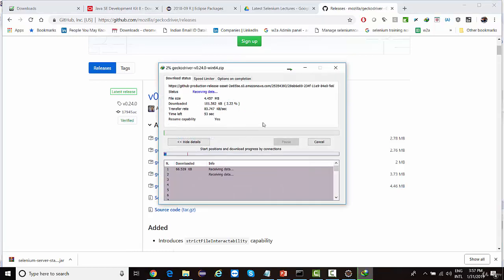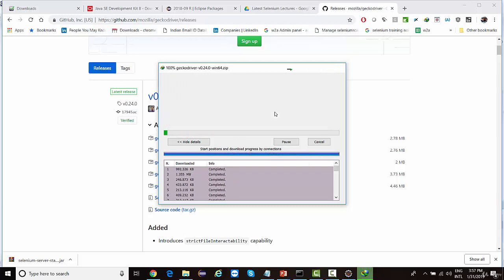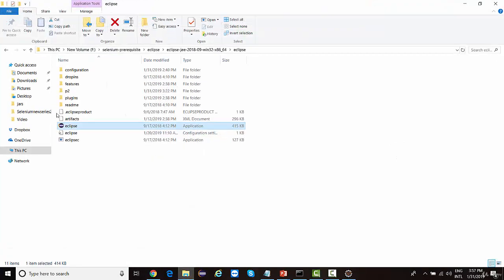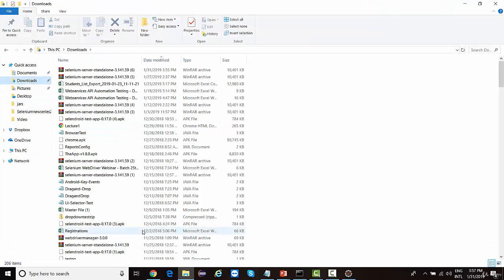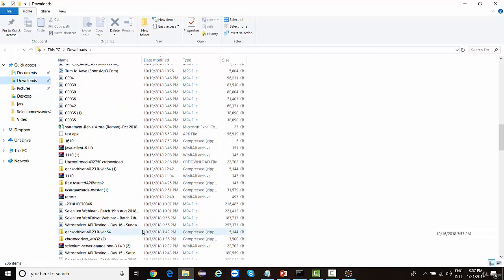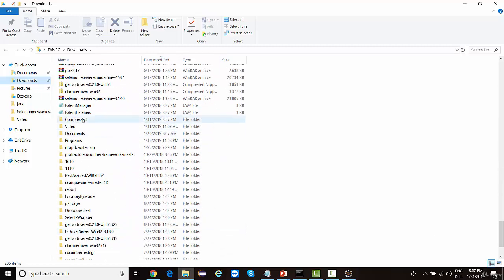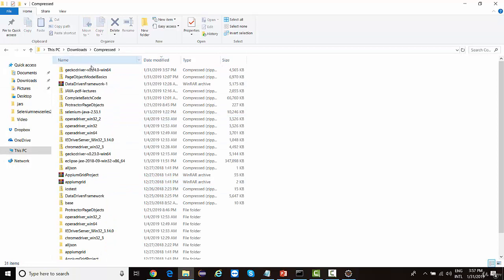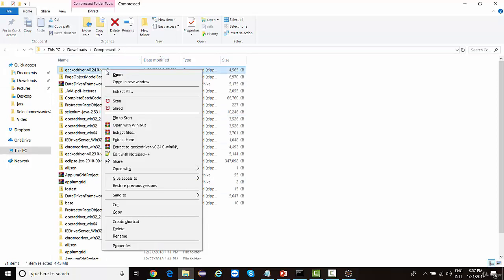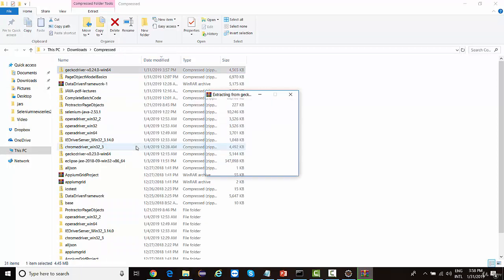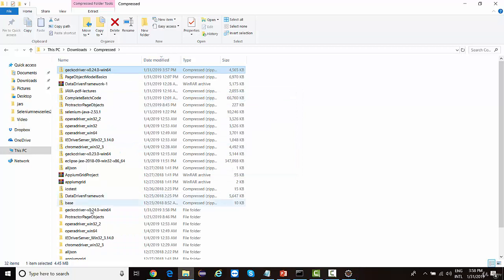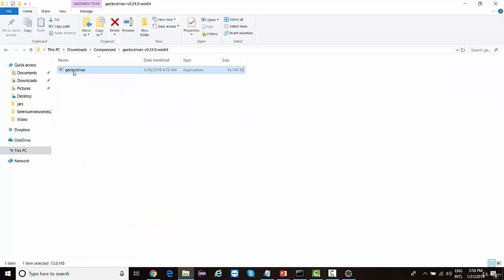it's downloaded, somewhere around 4.5 MB. So once it gets downloaded, I have this in my compressed folder. I'll unzip it, extract to this, and this is the executable file.